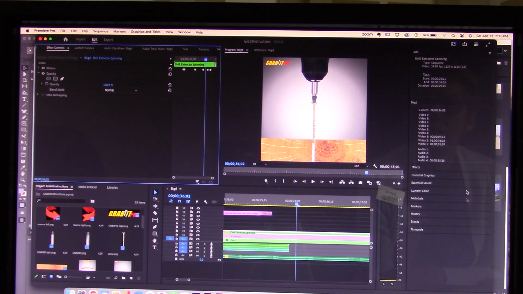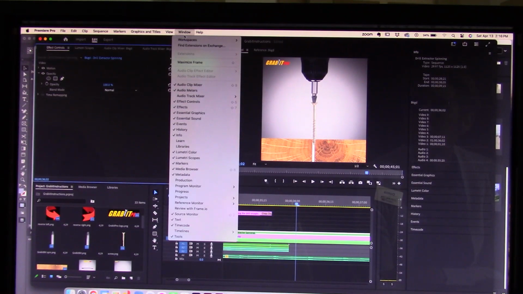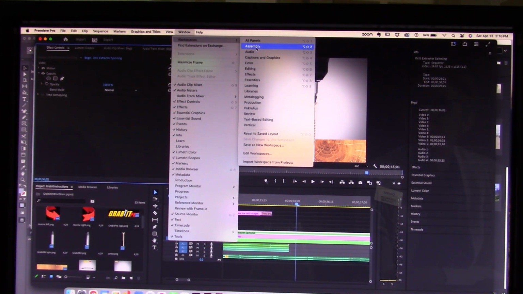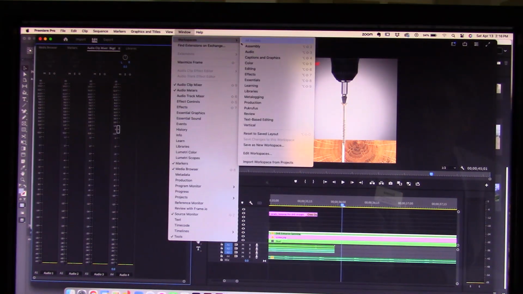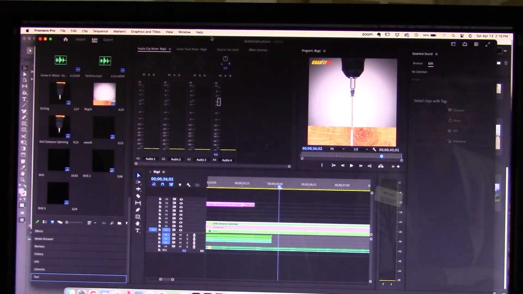This one's, I find, I don't like having stuff over here on the right side, and I like my timeline being as long as I can possibly make it. So I often will work in the editing workspace, but I've just found that that is my favored workspace. I recommend that you find one that works for the type of work you're doing, and that you change it,